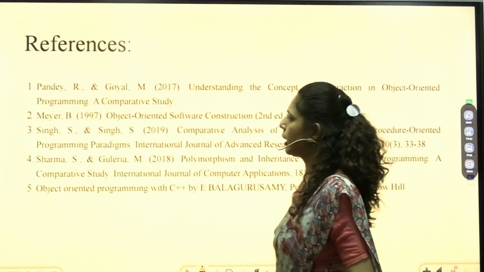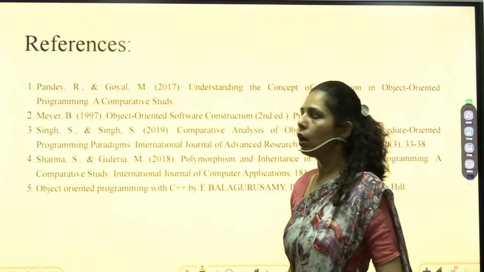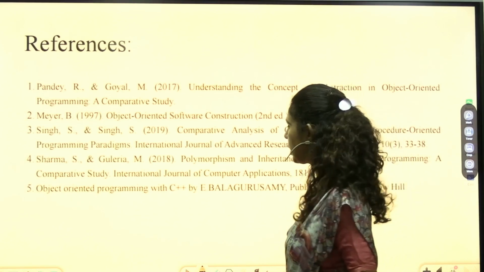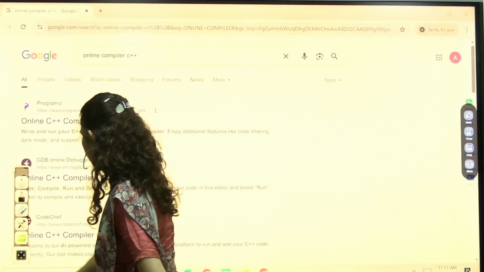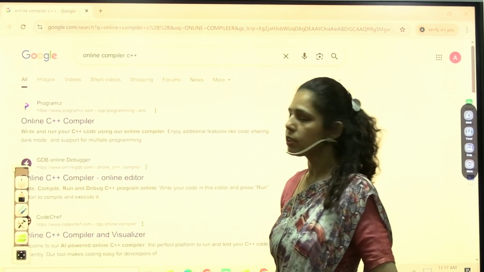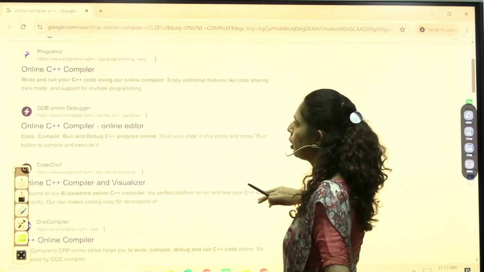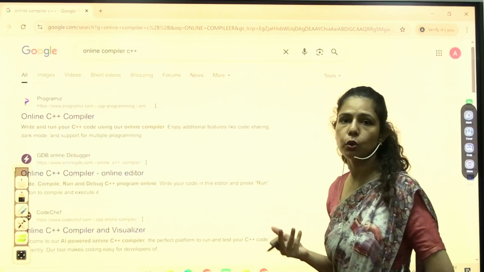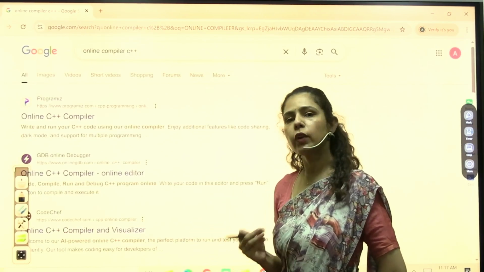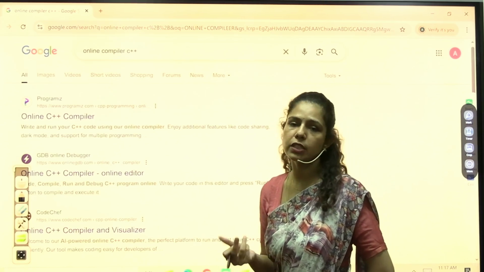These will be the references from which you can continue about these topics, where you can learn about them. Now let's go through some online compilers that you can use in order to compile and execute these programs. You can use some software as well, such as Dev C++.